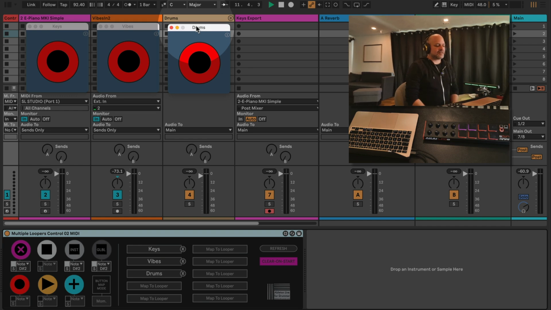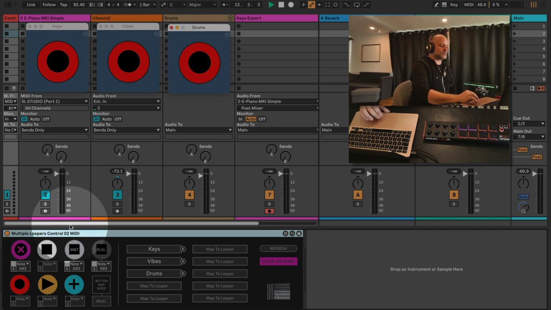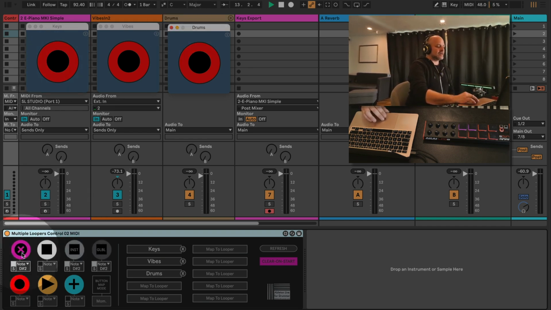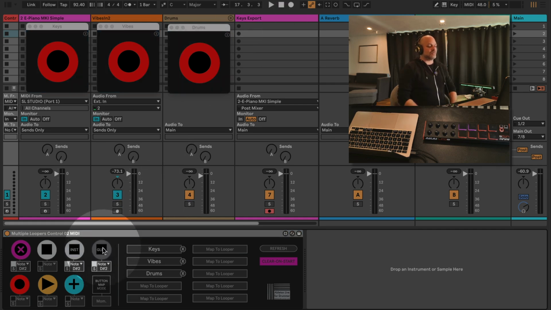So this is exactly what this controller is doing here, and it is clearing all loopers, or instant stop on all loopers, or global stop. Global stop means stopping the transport, so we can see the transport is running. If I trigger that one, it's stopping this here. And I've set this up